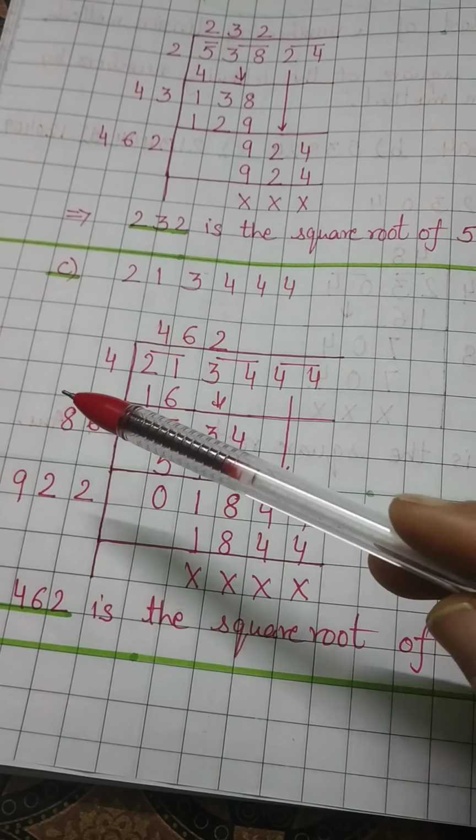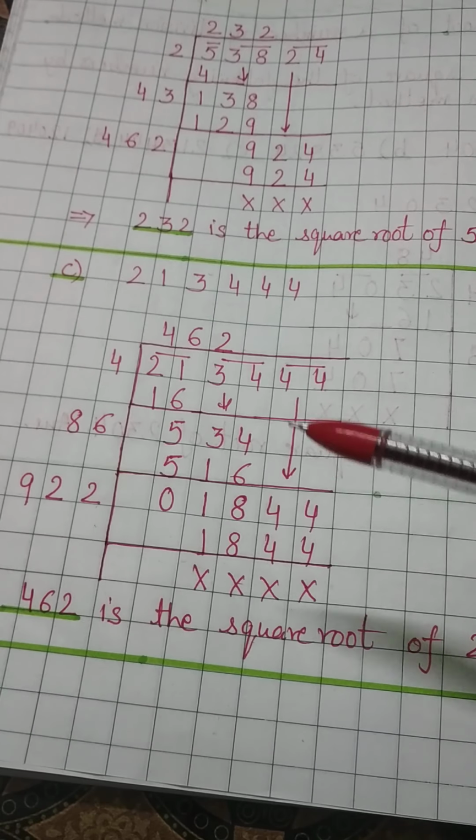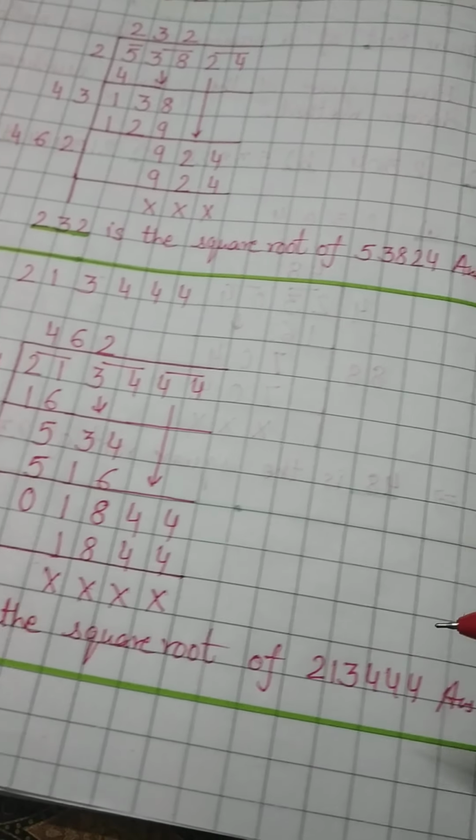Then we will think of the number which we will multiply by the same number so that we will get this one. So if we put 2 here, 2 2s are 4, 2 2s are 4 and 2 9s are 18. So this number is coming. So we will go for 2 and we will write here also 2. Okay, whatever number we are multiplying, we will first write it here, then use the method. So you will get the answer: 462 is the square root of the given number.